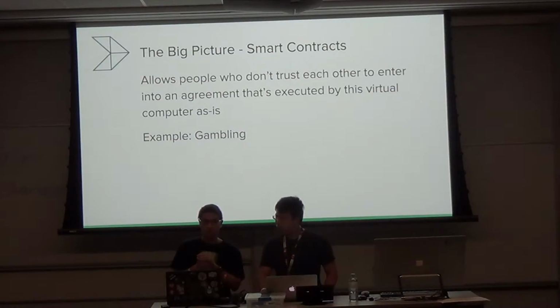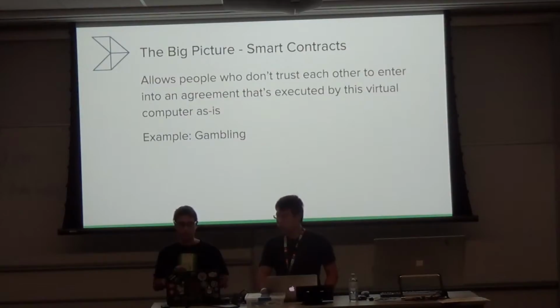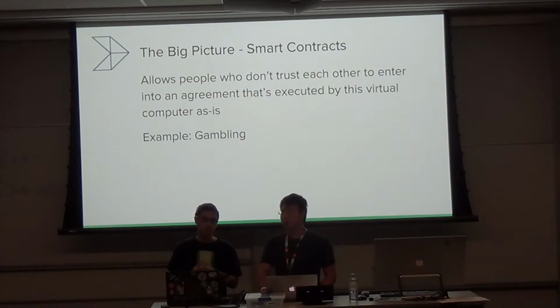So as we said before, we need a trustless system for this because we can't trust anyone not to sabotage the results. If someone on the computer, like a centralized entity of some sort, could sabotage all this, they could take all the crypto for themselves. So everyone can be sure that the results are what they agreed to. If my numbers match the lottery, I will get the pool of cryptocurrency. If they don't, then I don't get anything.